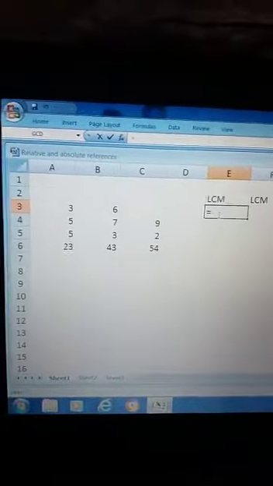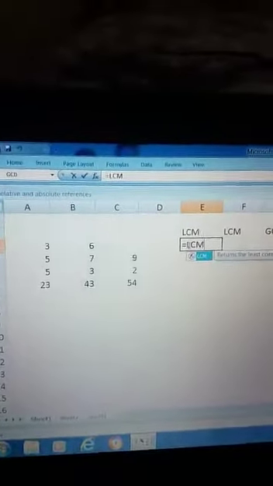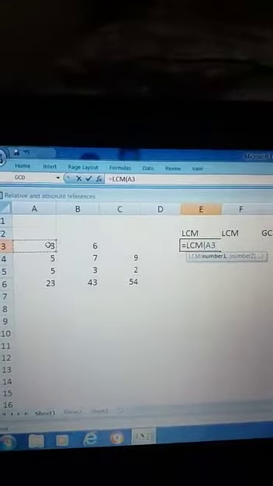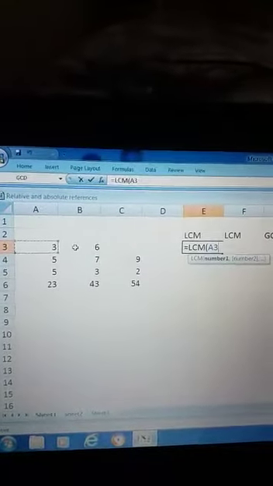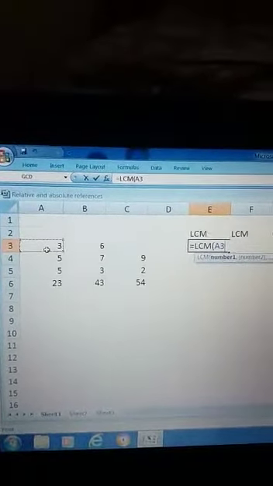Understand? By the manual method, write equal to, then you will write LCM. Okay, now you will start the bracket. Then you will select this box, then press comma, then select the next box, then close the bracket, because we have just two numbers for LCM.